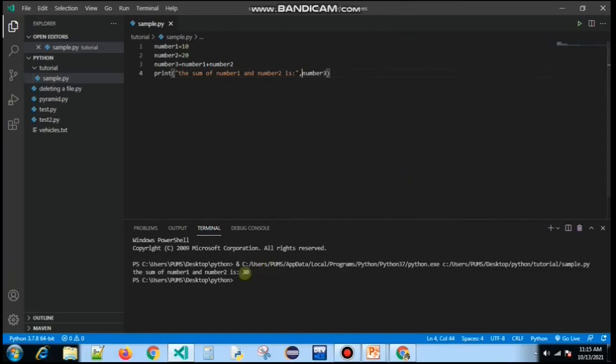You could see the output over here. The sum of number 1 and number 2 is 30. So this is how the variables work in Python. There is another method to use the same program. So let me remove this line